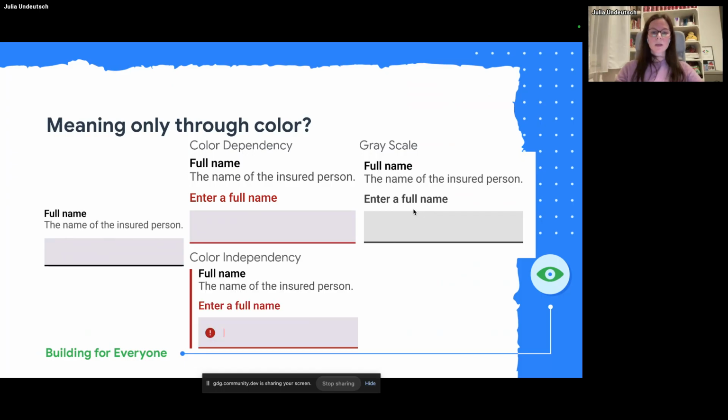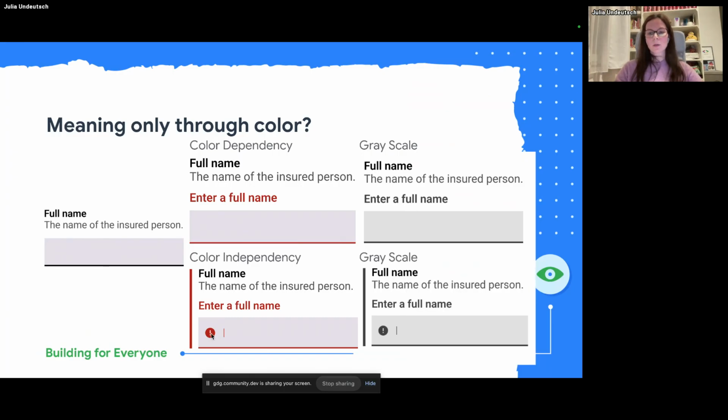And we could update this with adding, for example, an additional border on the left side, a big, thick border on the left side, and also an icon with an exclamation mark inside the form field. So I think it's now way clearer that something is going on here and that the user should check again.